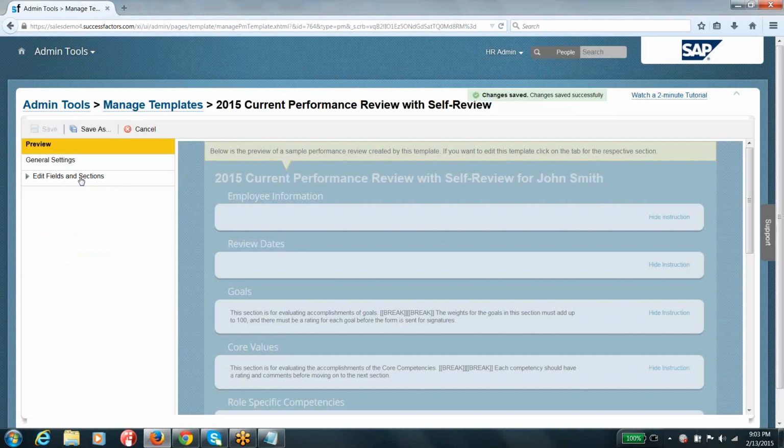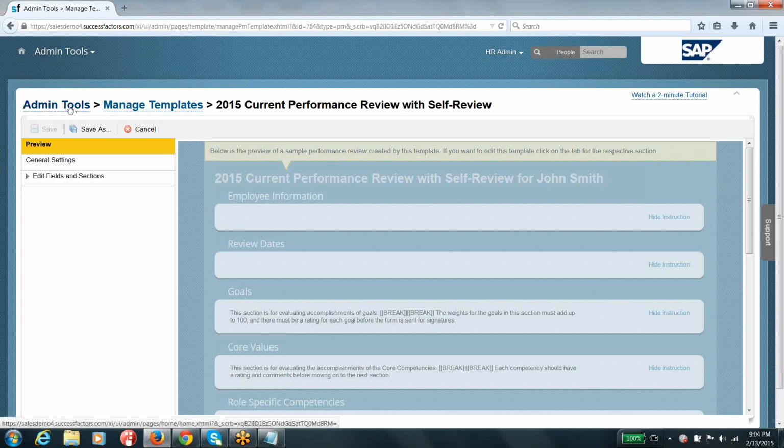I want to show you the complete cycle, how you are going to launch it to the employee. You can see the administrator has configured this, right? Under the administration tools, he went to the template and created a custom template, or he might have imported a standard template, but he configured that, integrated the required roadmap, and integrated the required rating scale. Everything is perfect. And he wants to launch this particular template, whatever he configured as per the organization requirements, to the employees. Say he is interested in launching the form to a specific division of employees.